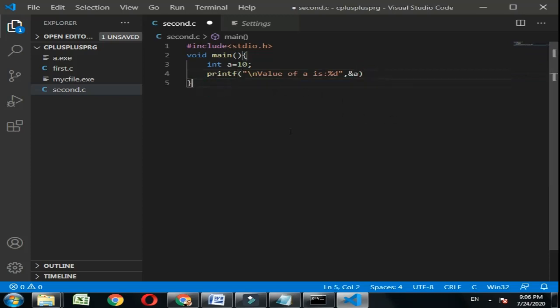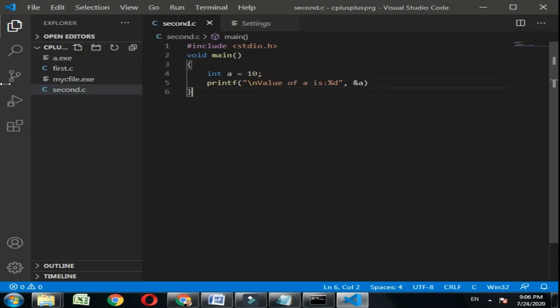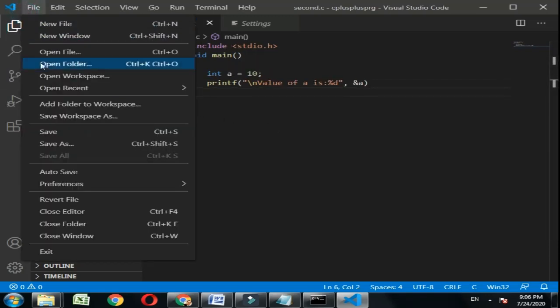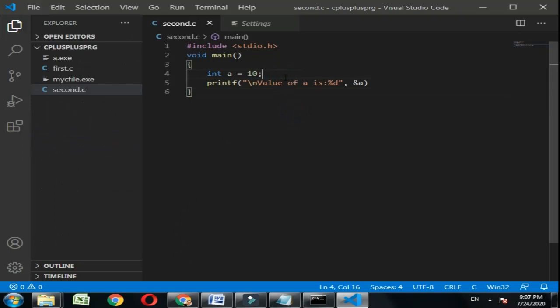We can save it by pressing Alt F S or Ctrl S, or you can directly go to the save option. So the shortcut is Ctrl S. Suppose you have written code like this and you press Ctrl S, then that file will be formatted, because both the statements, integer a equal to 10 and the printf statement, are in a single line. As soon as we click Ctrl S on the save option, it is going to be formatted.